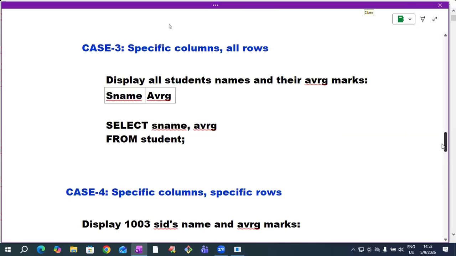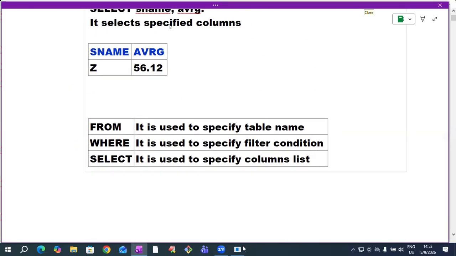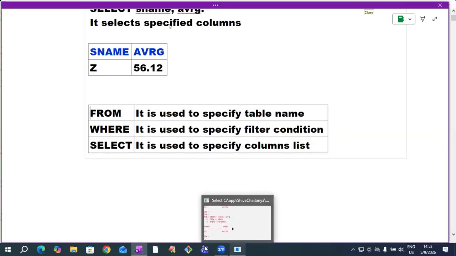So this is about the select command. Now you know very clearly about the select command. Next, what do we need to discuss? Now we know the 4 cases clearly. I'm moving forward now. With execution order, we know clearly. Now I'm moving forward to what we need to learn.